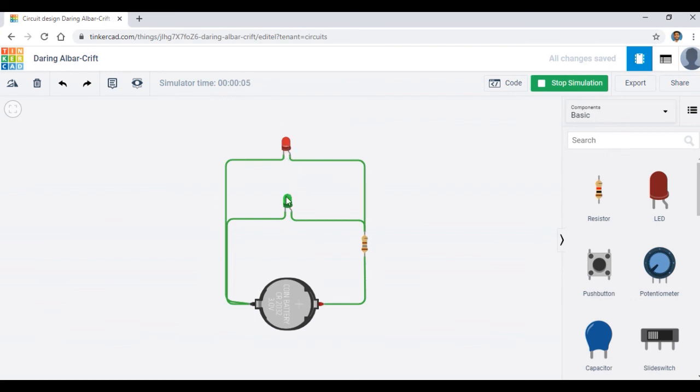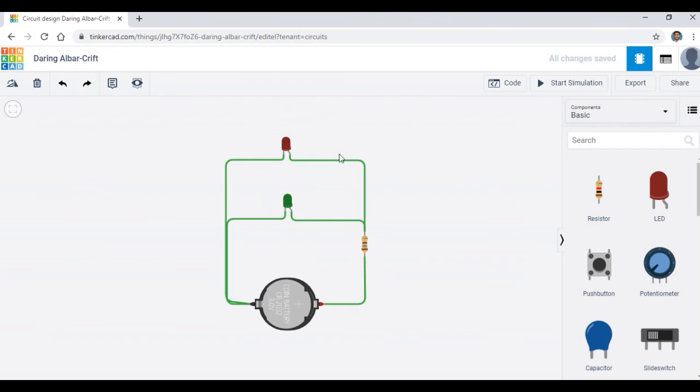Both the LEDs are glowing, which means both are in on state. When I stop, both the LEDs come into the off state. Again when I click on start simulation, both the LEDs will glow.